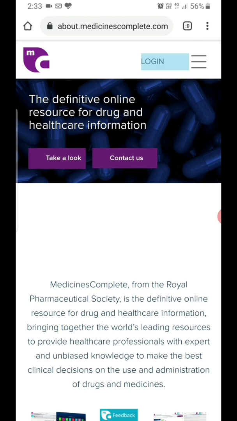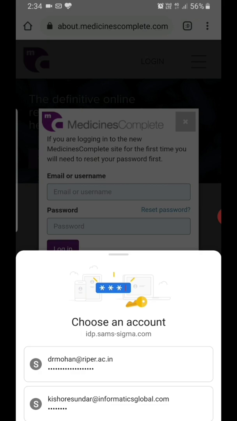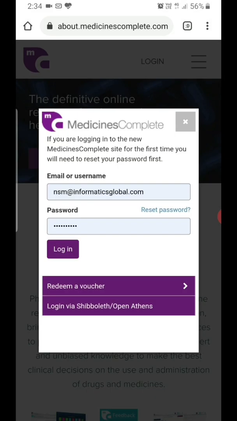Once the page is open, you can press on login. Here we need to type our username and password provided by Medicines Complete. Right now I'm just giving the username and password of a demo user account.